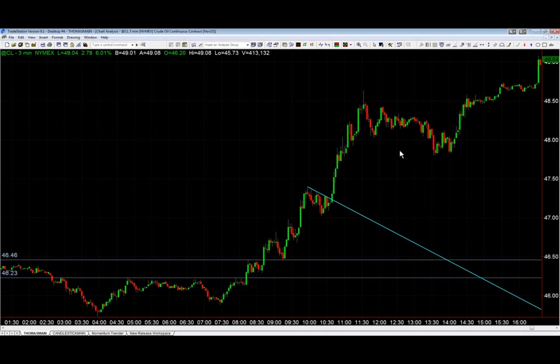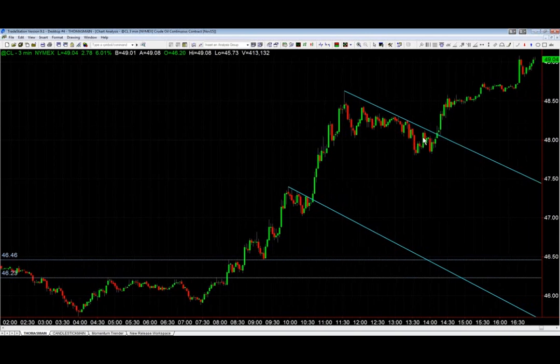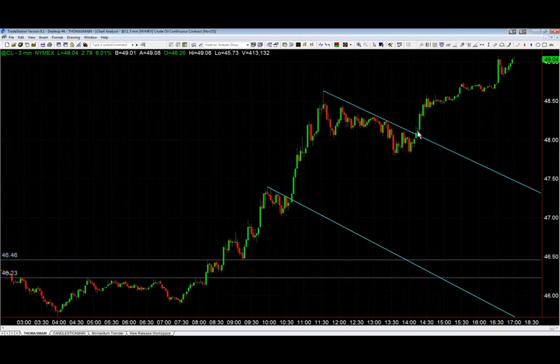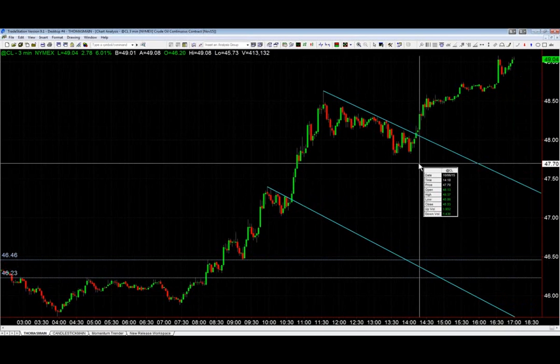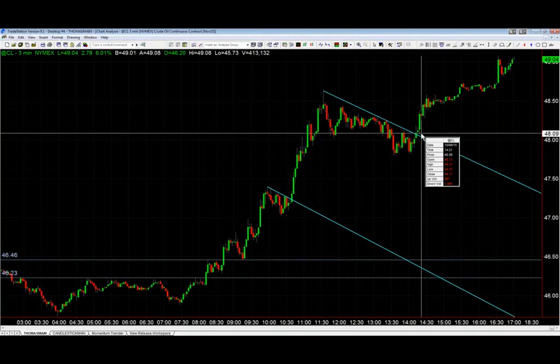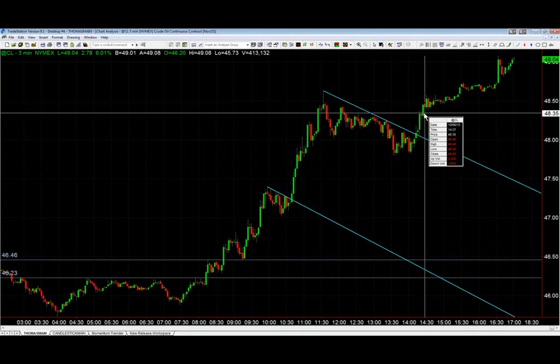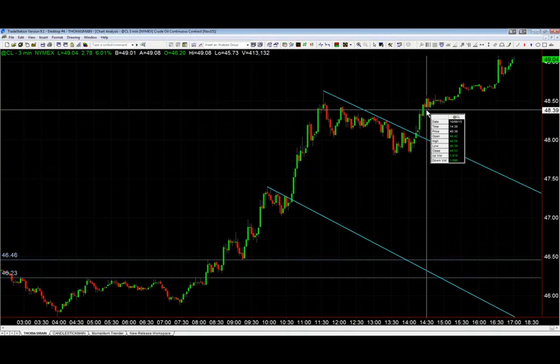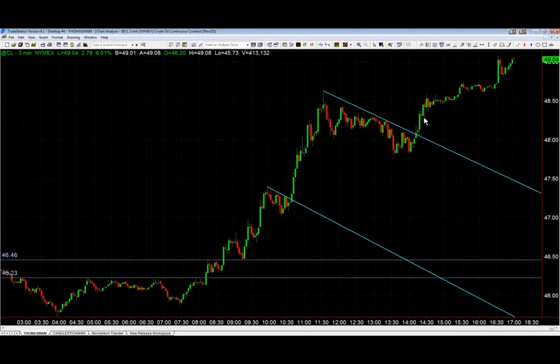Not a bad move. Then what happens? Well, we start putting in lower high, lower low pivots. Now, we're not going to go counter trend in a market like this. People were asking me, can we go short crude? When would you want to go short crude? And I said, I wouldn't want to go short crude. I think it's going to keep going higher. Well, here's your micro trend. Here's your breakout. Count your price bars, 1, 2, 3. In 15 minutes, you went from 48.09 to 48.35, 48.39 for simplicity's sake. That means you're up another $300 a contract in 15 minutes.